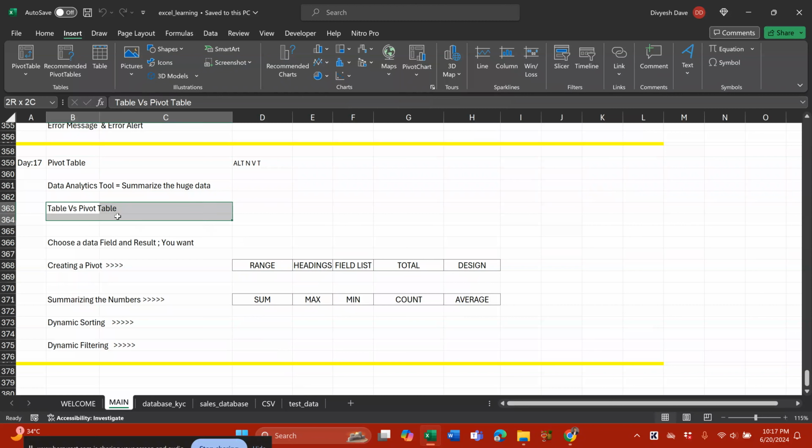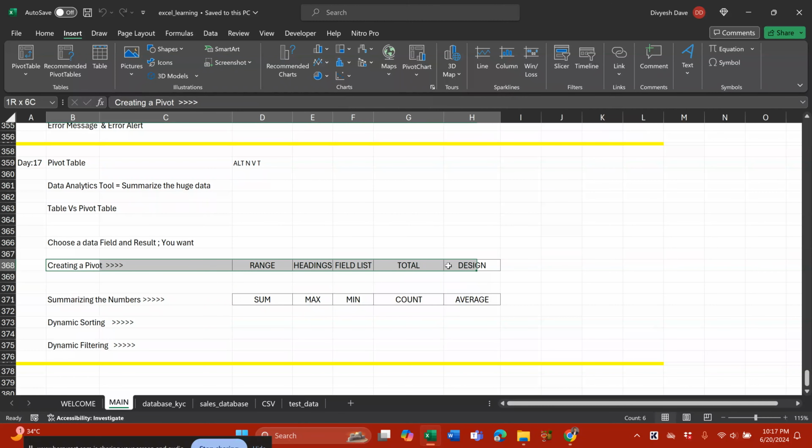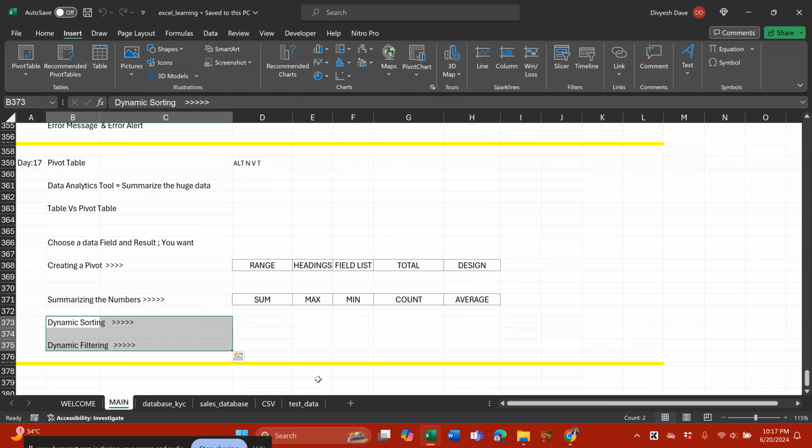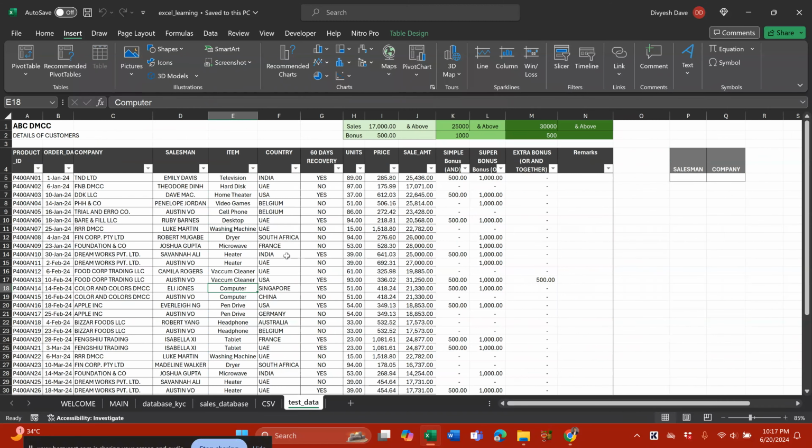So let's start with choosing the data fields and how to create. Then when we create, what are the things we need to check? What are the options we have? How to sort and how to filter. These are the basic things we are going to learn today, and this is the most important part of